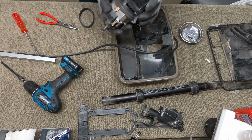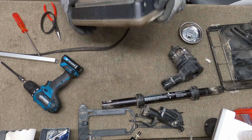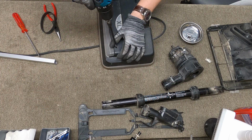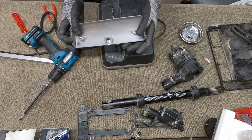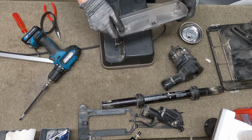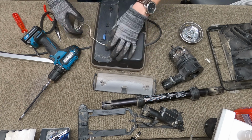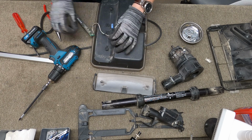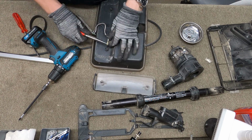We're going to clean this, of course. Inspect the fan. The wiring is right here. If you need to change a light bulb or check the circuit board, there'll be 2 screws over there as well. All that will just kind of lift out of there. And again, we can take this and